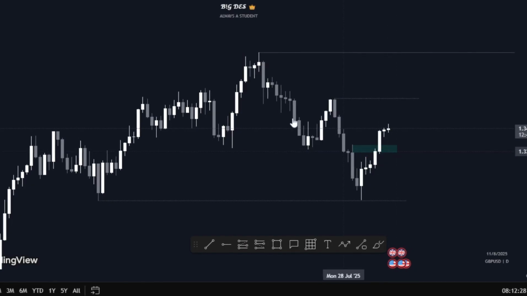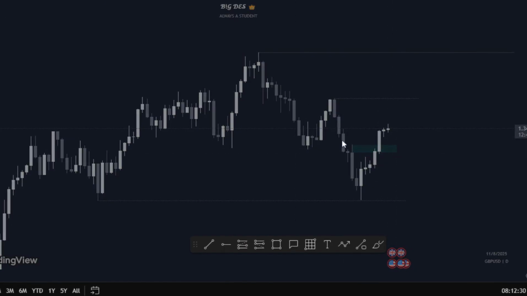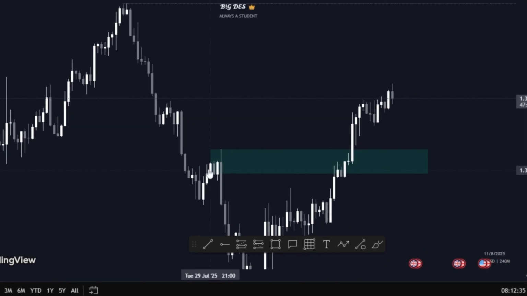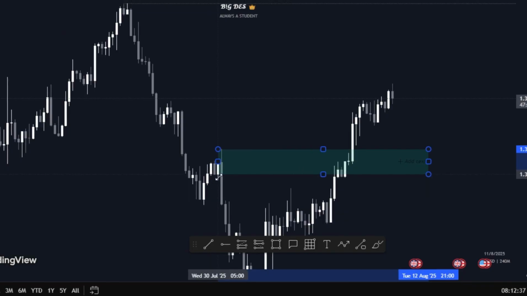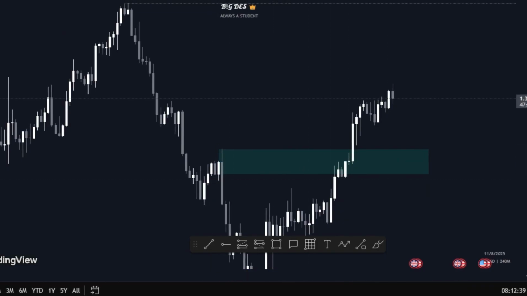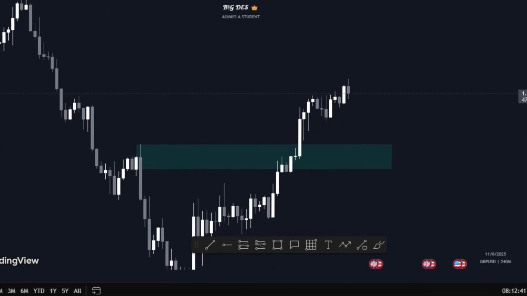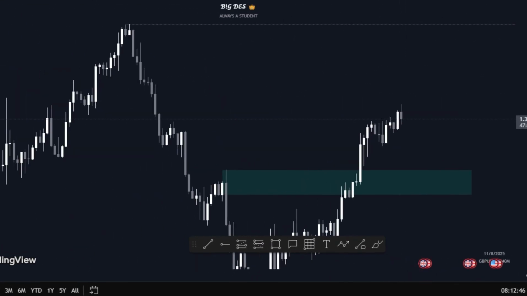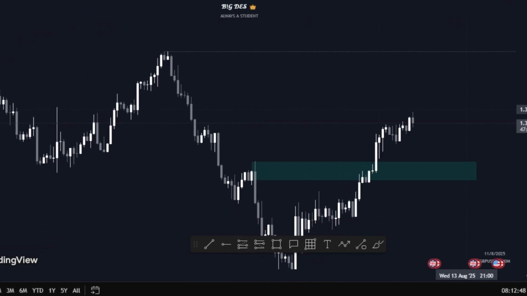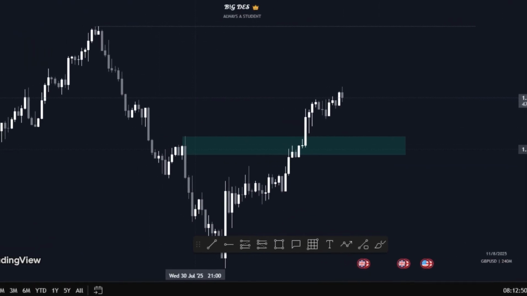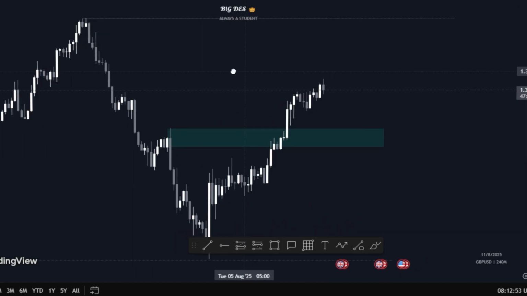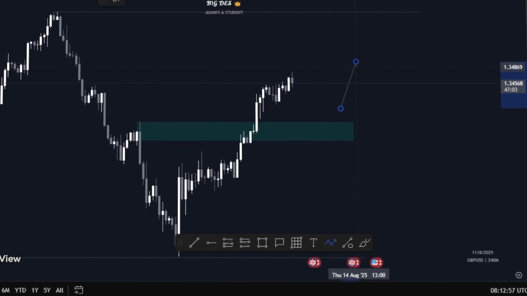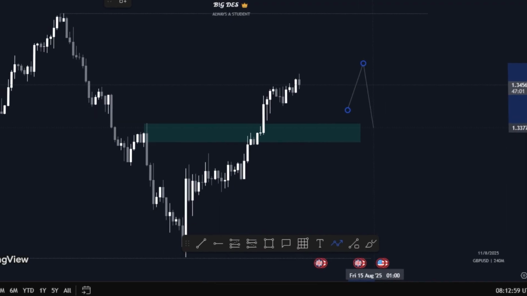So now we move to a 4 hour time frame. On a 4 hourly time frame, we could see this is what's actually happening. That's what I'm talking about. What's going on? We have this supply here failing. And when supply fails, supply and demand says that when supply fails,